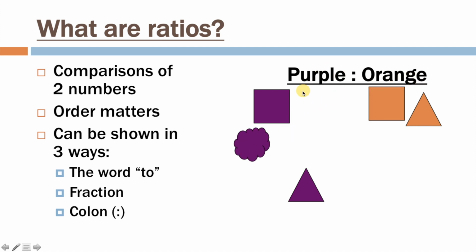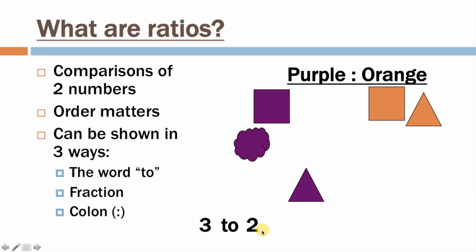How many purple shapes do we have? We have 1, 2, 3, so we'll write 3 as the first number in our ratio. Then we'll write the word "to," as we always do in our ratios. And then I'll talk about the second thing we have here, which is the number of orange shapes. How many orange shapes do we have? 1, 2. So I'll write 2 here, and that means that the ratio of purple shapes to orange shapes is